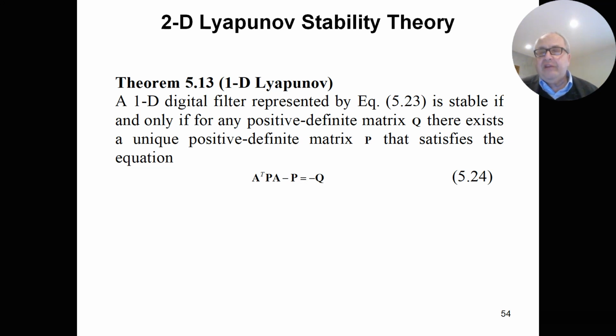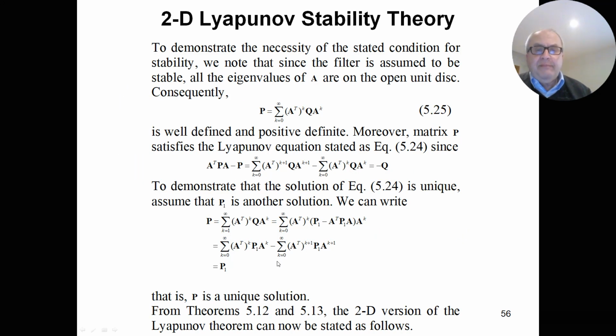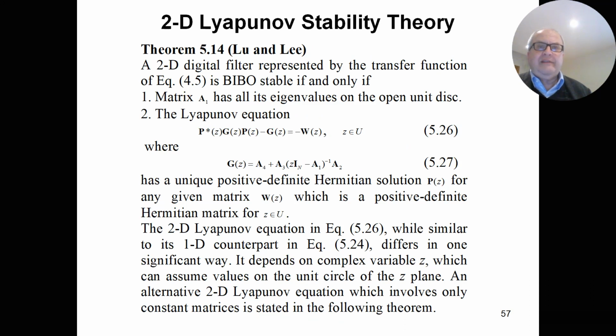What is a positive definite matrix? You must recall some things from linear algebra. For any positive definite matrix Q, you have a unique positive definite matrix P that satisfies this equation. The proof is not difficult. Similarly, a theorem exists for